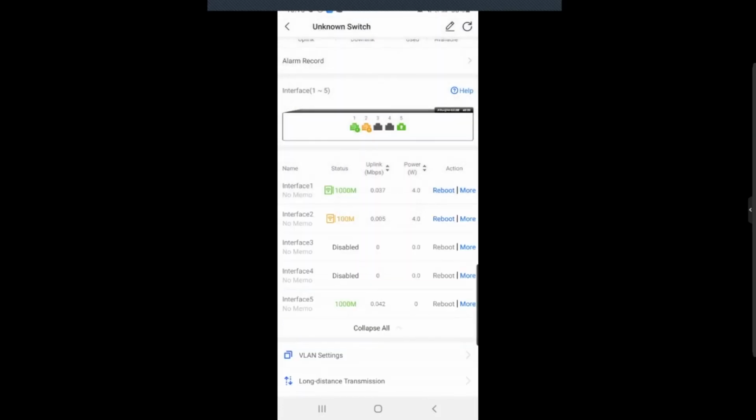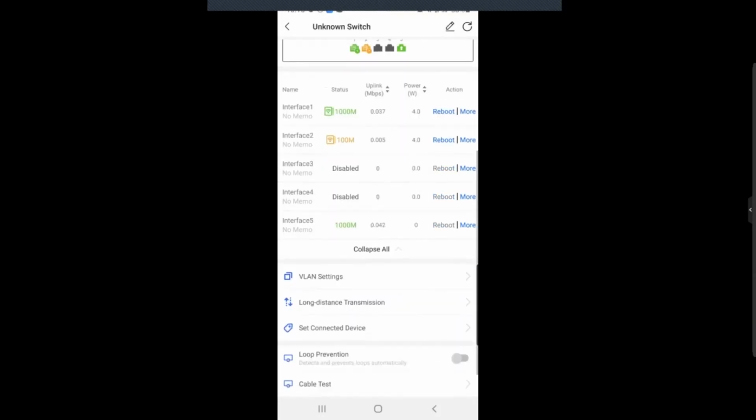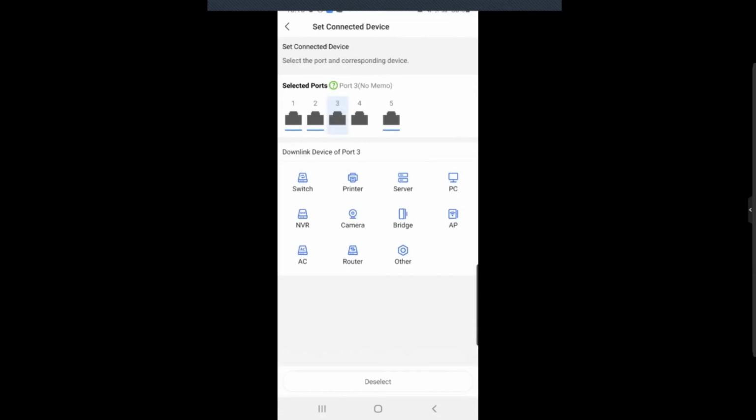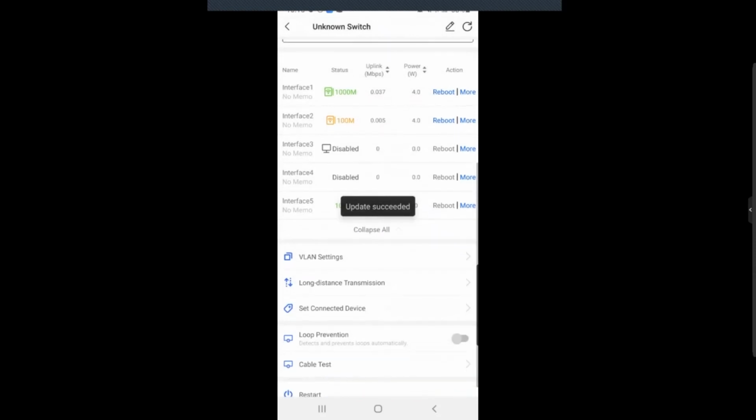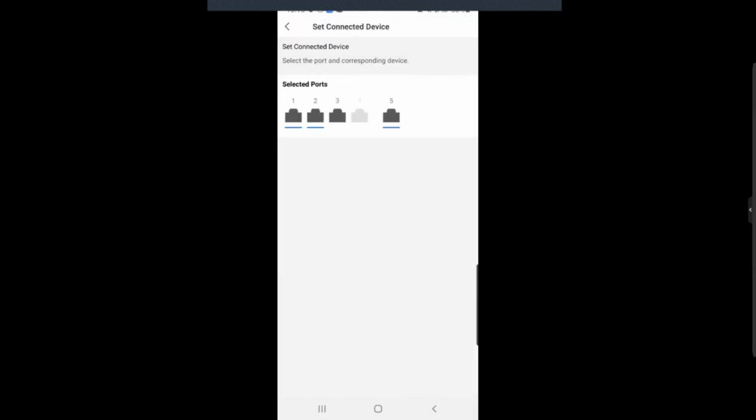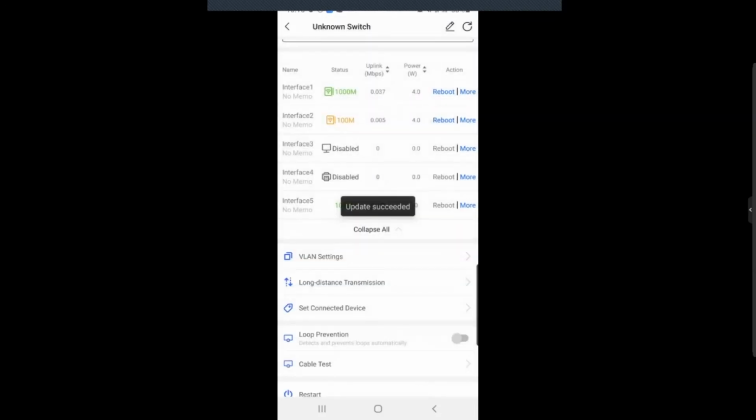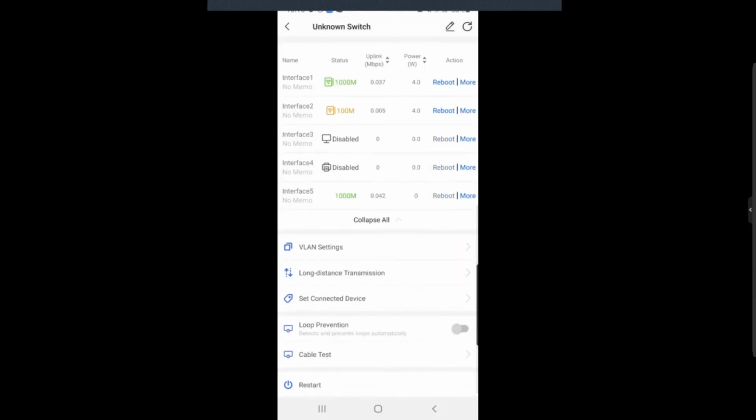And here it will show the logo. Okay, I'm looking at the devices. I know immediately port 1 connects to AP, port 2 connects to AP. And also I set, for example, port number 3, I set PC, save. Port number 4, I set printer, for example. So later when I look at this list, I know immediately which port connects to PC, which port I should